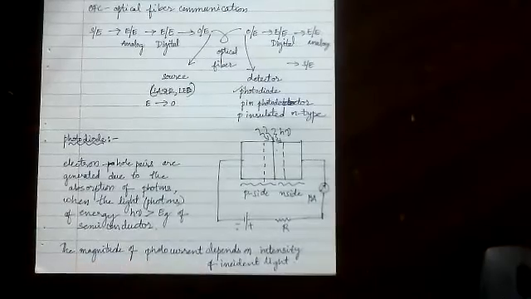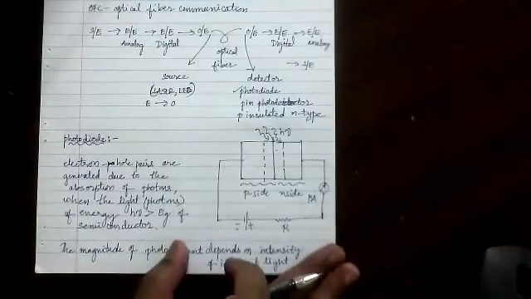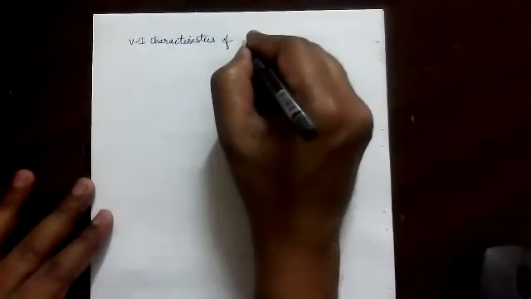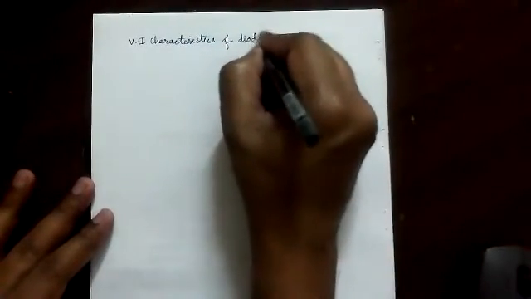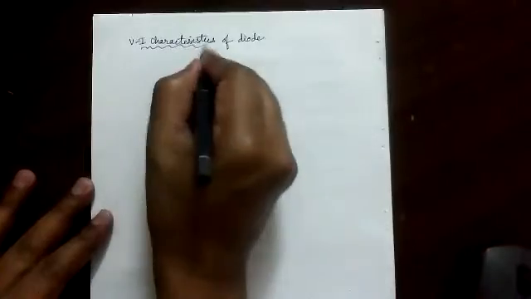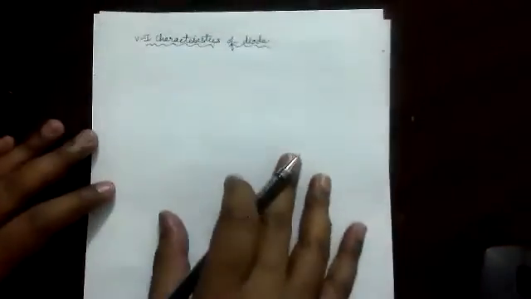Now we will discuss the very important VI characteristic of the photodiode. We will discuss the VI characteristic of the junction. So here we have the VI characteristics of the photodiode. Okay, so we will discuss the VI characteristic of the diode. Now here, if you look at this one,